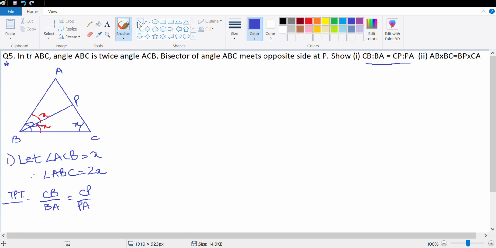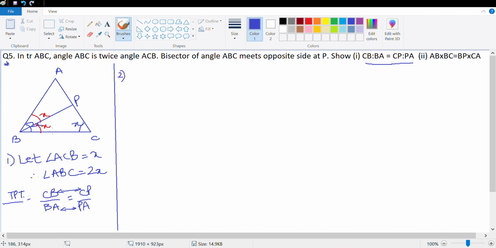So if you remember the small trick that I had talked about in the previous question, which is to compare the two triangles, two sides on the top and two sides at the bottom, and see if you can get anything. So you have CBP, which is this triangle, and ABP, which is this triangle. Will I be able to prove them similar? Maybe yes. Let's try. And if it works, well, why not? So number 2,